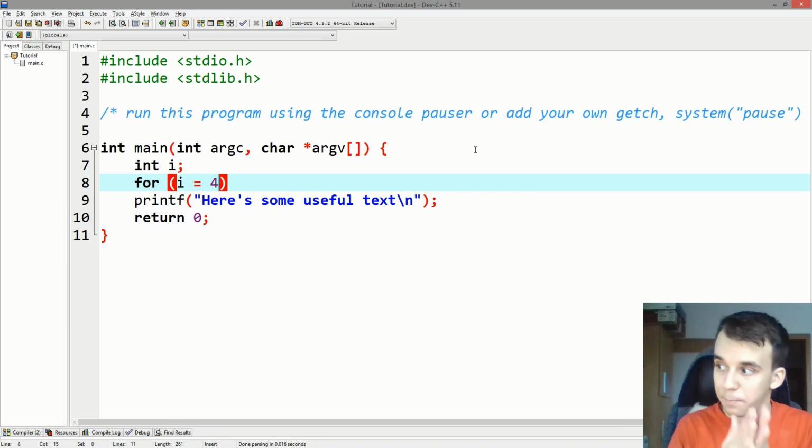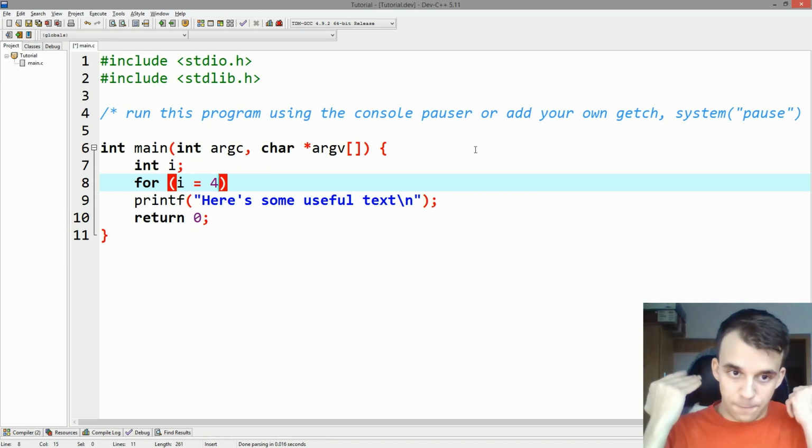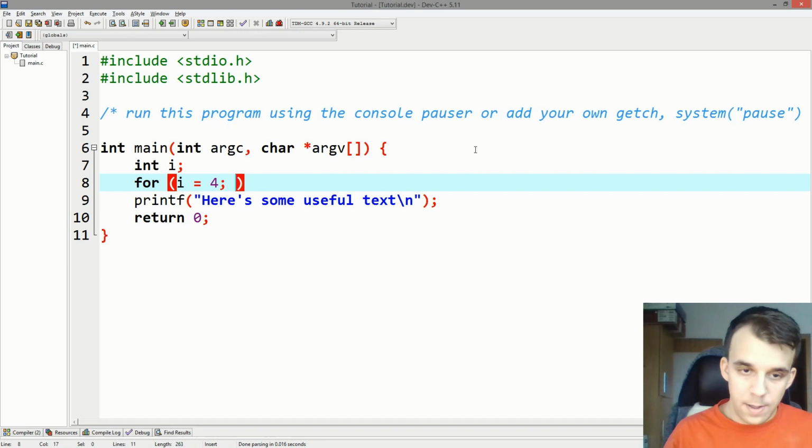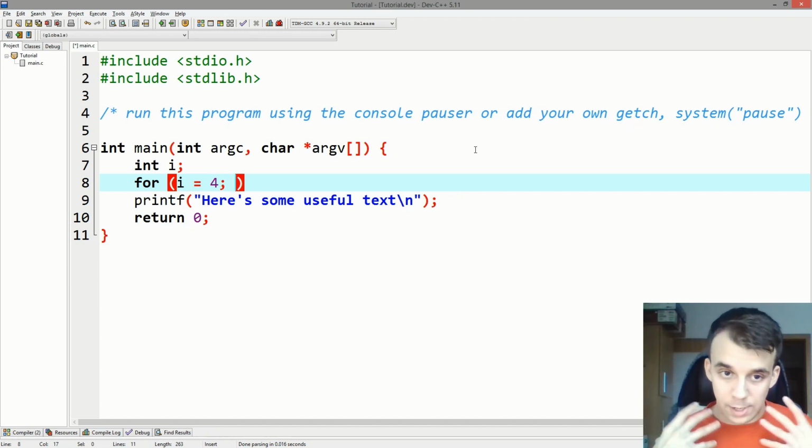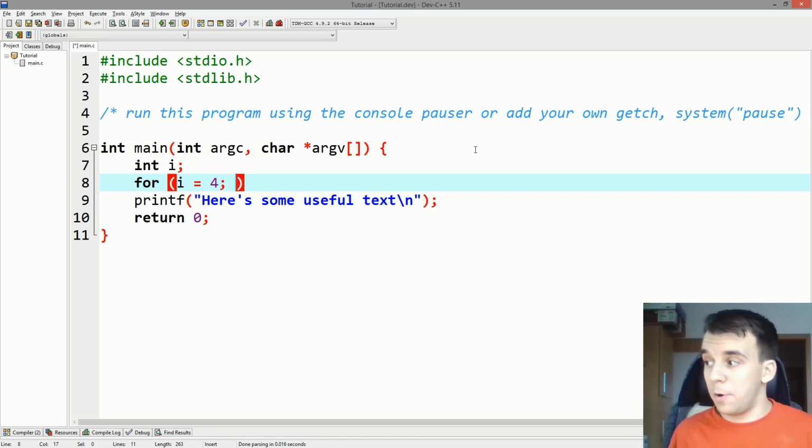Next part of this for structure, semicolon after it. That's the condition, and here we can actually use the same condition as in the while loop. The for loop in some sense is basically the same as the while loop, so you can use it like so. So what was the previous condition that we used? Well, I is higher than 0. Simple enough. And then the last part,